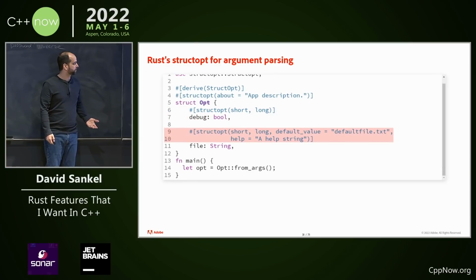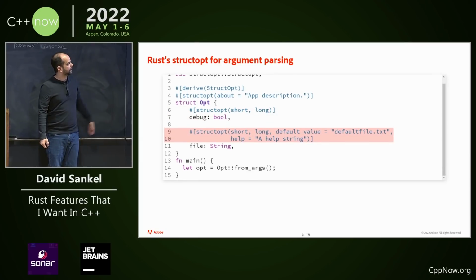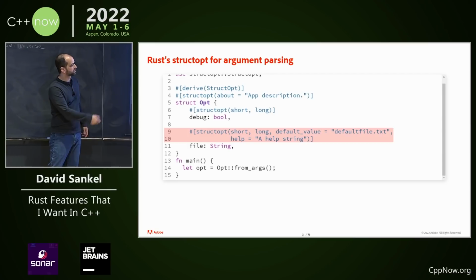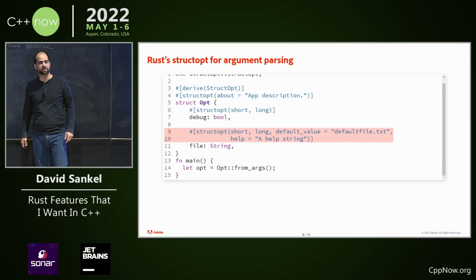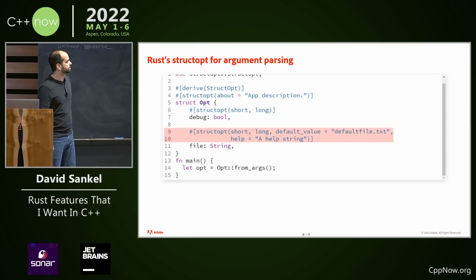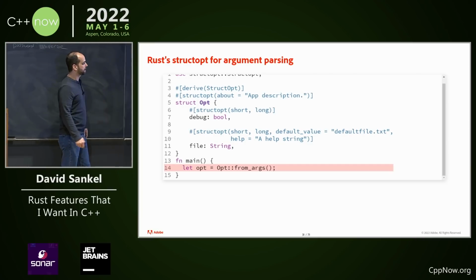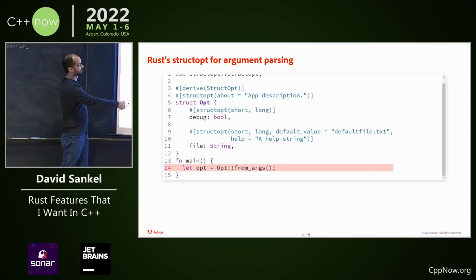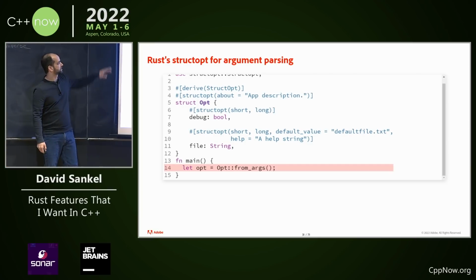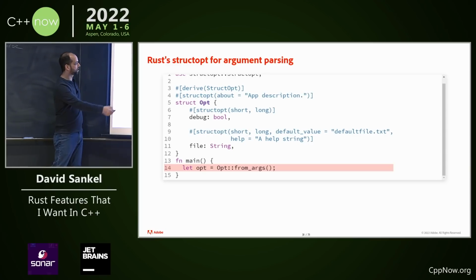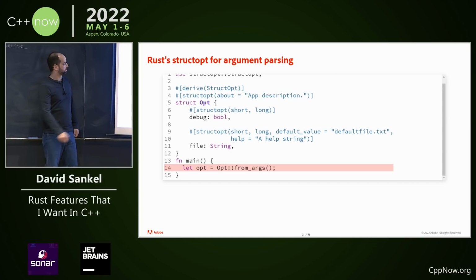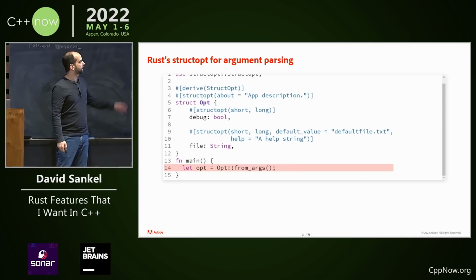Here's another one with the file argument. And we have short, long. We also have a default value in there. We have a help string, all these extra annotations. And here's what it looks like in main. I call this function that got synthesized from this called fromArgs, and it gives me a value of this type. And there isn't a mut here, right? So this is actually const. I get the const that I want. That is sweet. That's what I want, right?